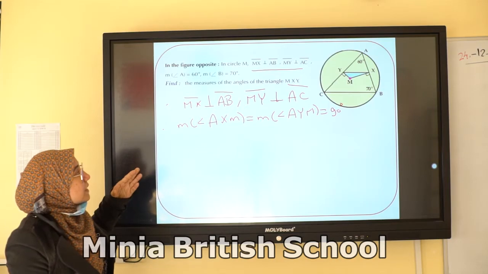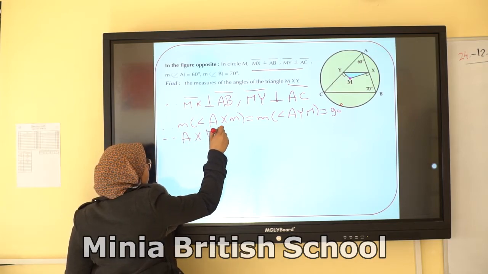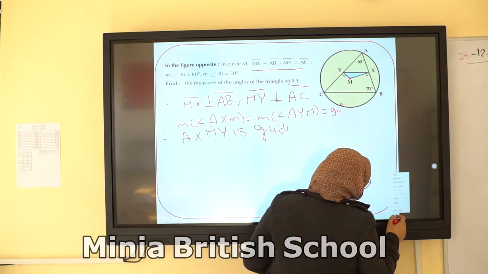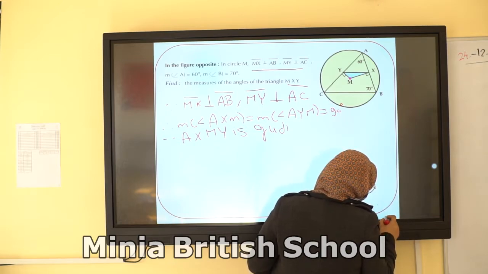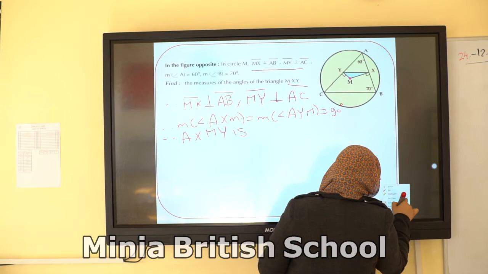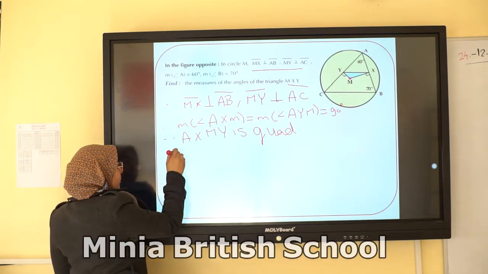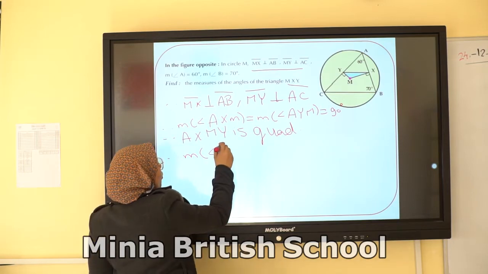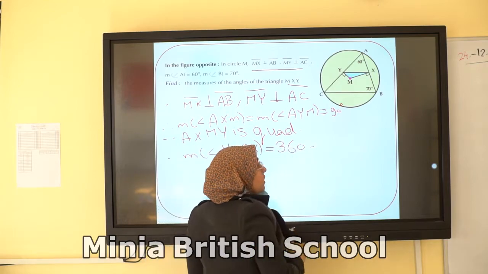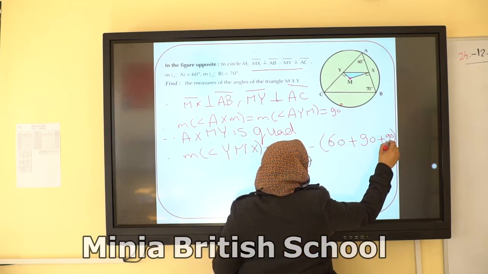And since AXMY is a quadrilateral, the measure of angle YMX equals 360 minus (60 plus 90 plus 90) equals